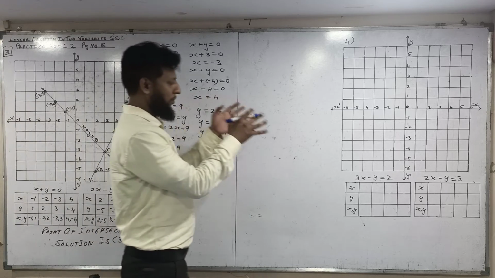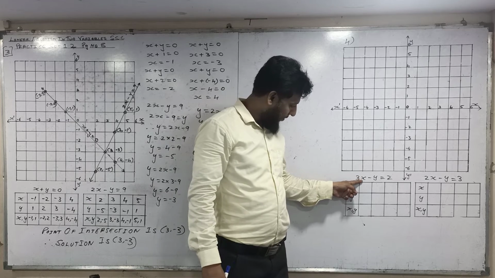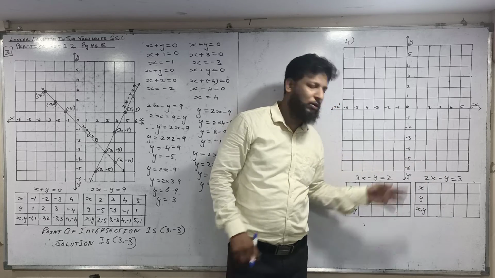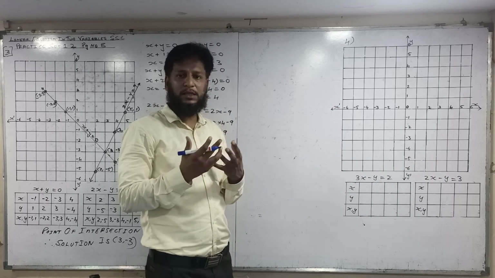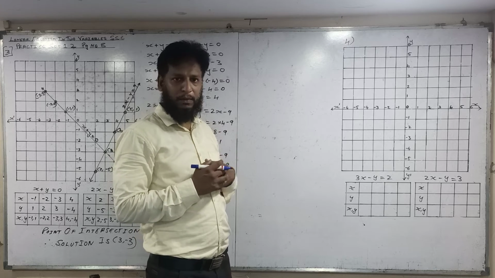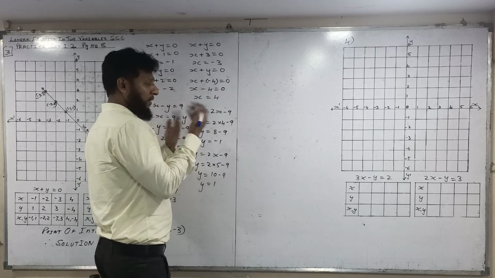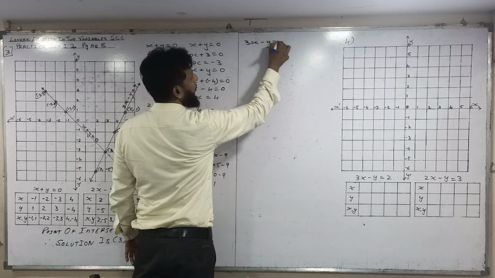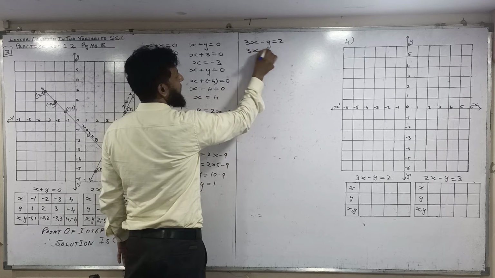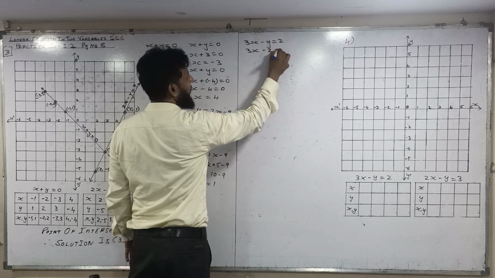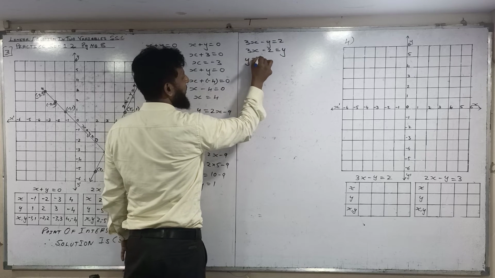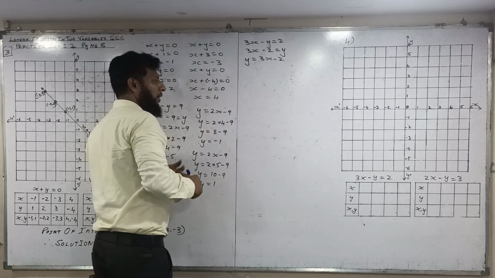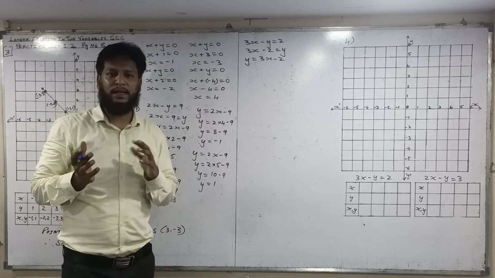Now come to question number 4. In this also, variable x having a number, y having no number. So we'll draw the equation with the help of y. It is easy. First write the equation with variable y, then write the points and find the point of intersection. 3x minus y is equal to 2. Okay, so 3x as it is, 2 will come here minus 2, minus y will go there plus y. So what is the value? Y is equal to 3x minus 2. Now just put the x value, you will get the y value. It is good. In this, first and second sum, x and y, so no problem.